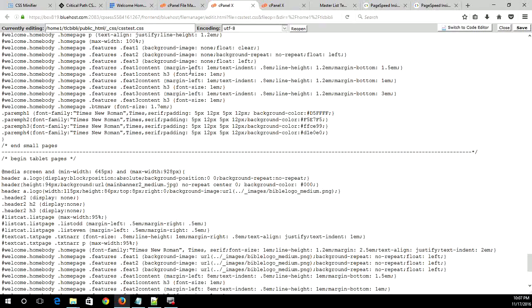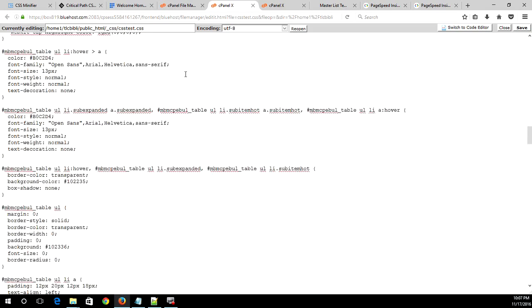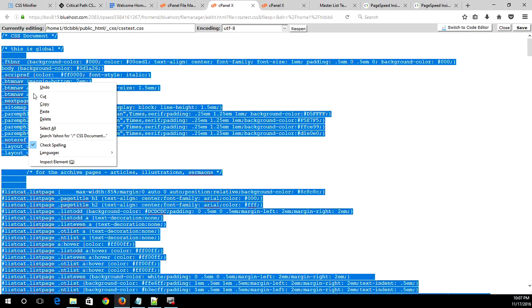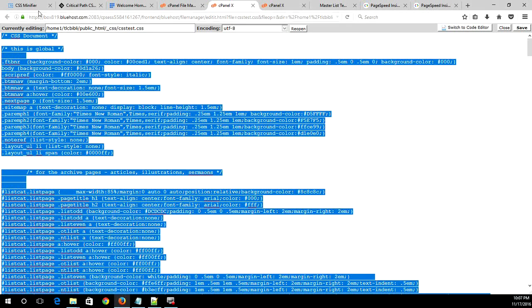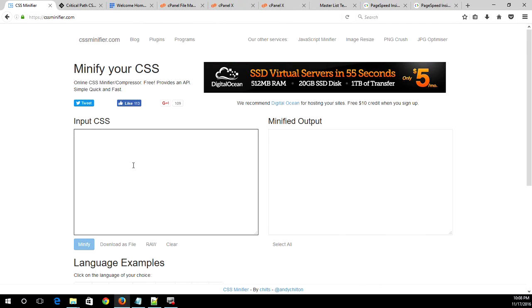But what we need to do in order to get those numbers where they need to be is we need to optimize the CSS, and then we need to do some things with the page that it's going to appear on. Okay. So I'm going to come into my CSS page here, and I'm going to select everything. I'm going to copy it, and then I'm going to come over here, let me clear this, to a website called